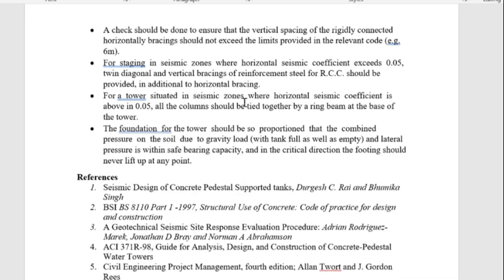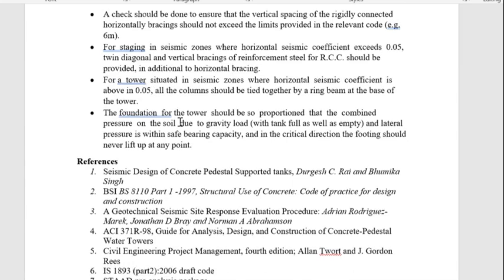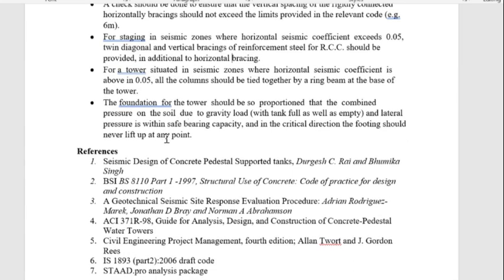Then for staging in seismic zones where horizontal coefficients exceed 0.05, you can consider addition of twin diagonal and vertical bracings in cases of reinforcement steel in RCC. So in the detailing, you must then again add the provision for taking care of the lateral effects. Then again, for such a tower, all columns should be tied together by a ring beam at the